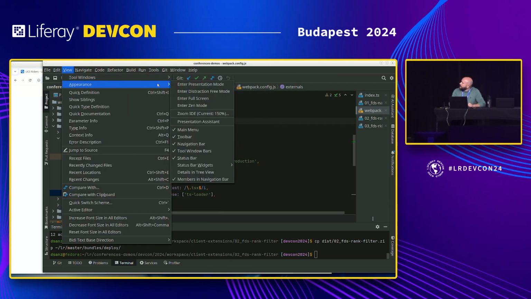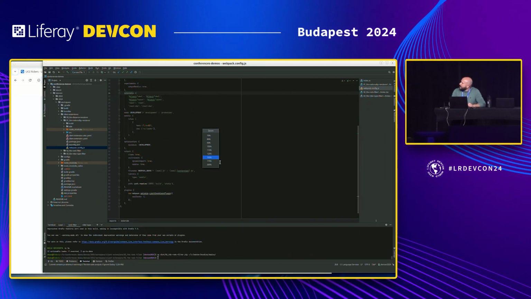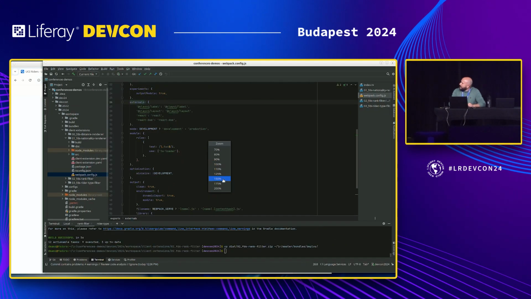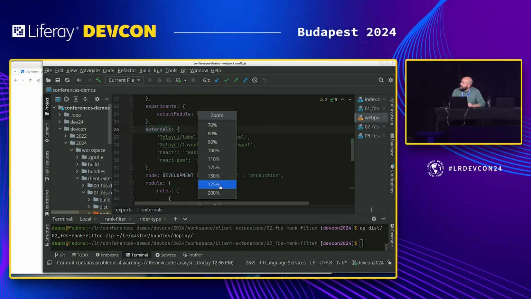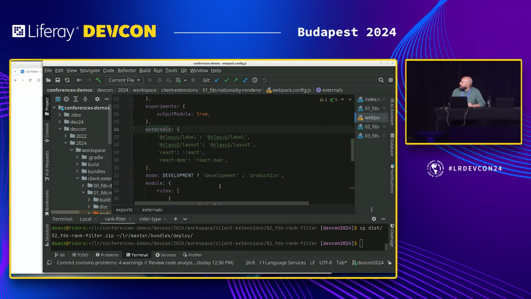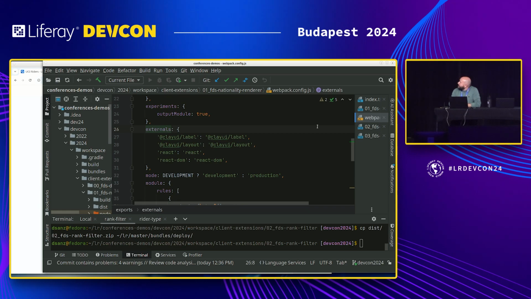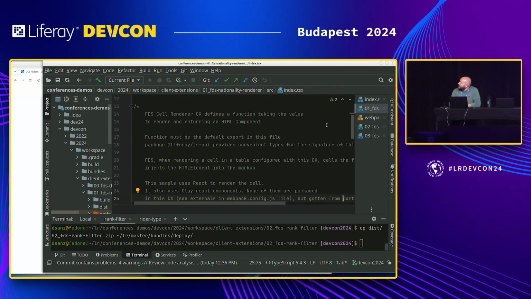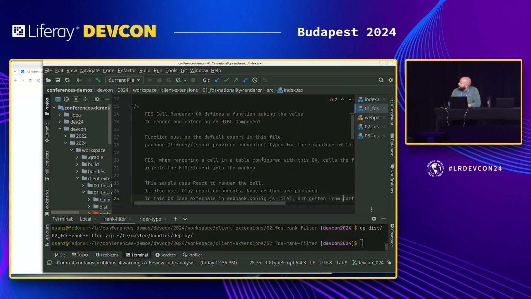Appearance. Zoom. I was happy enough with 150, but I'm going to put 175. Is that okay? Okay. So going back to the file itself, what we are doing here is basically telling that